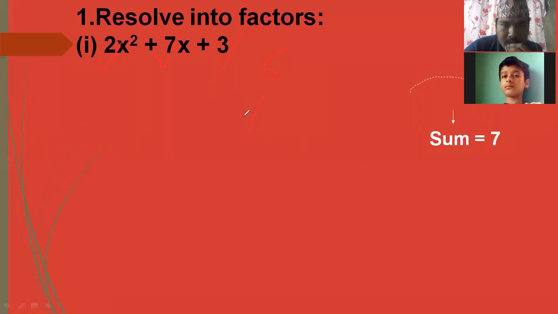7. Look at what I want to tell you. When we multiply 2 and plus 3, since the last one is plus 3, you get plus 6. This is plus 6, right? Then it means we have to get this 7 by adding two factors of 6. Children, can you tell what are the two numbers whose product is plus 6 and whose sum is 7?